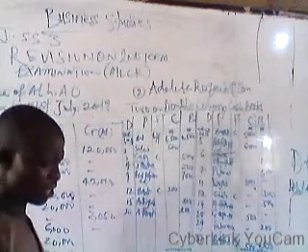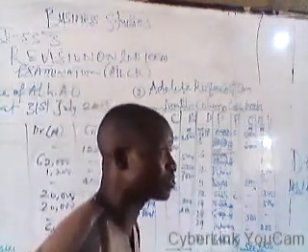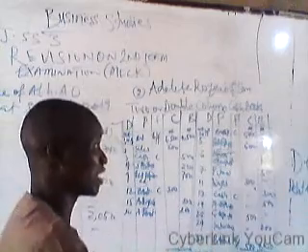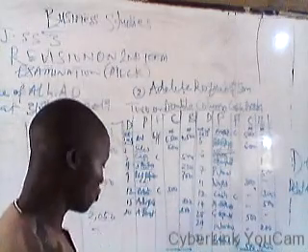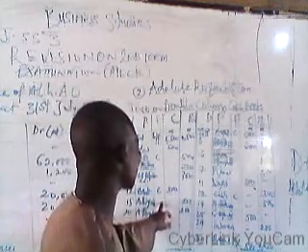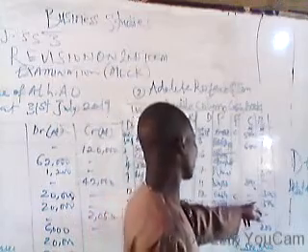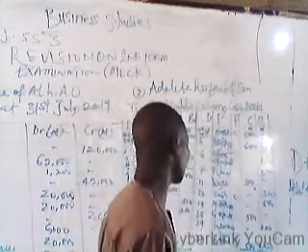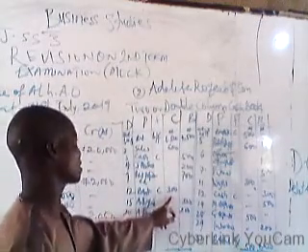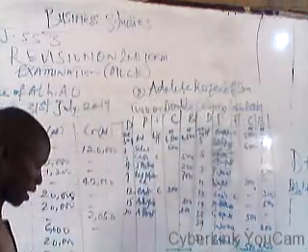Withdraw 300 naira from bank for business use. This is not for personal use. It's for business use as well. That means it's a contra entry. The bank is dealing with the office and the office is dealing with the bank. So we drew 300 naira from bank for office use. So the cash has to be debited with 300 naira and the bank has to be credited with 300 naira. Under the debit side, the cash is debited. Under the credit side, the bank is credited.